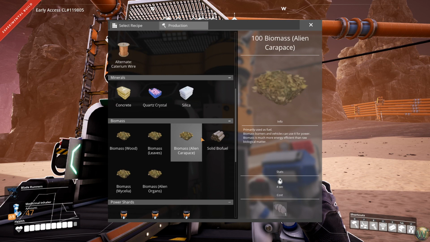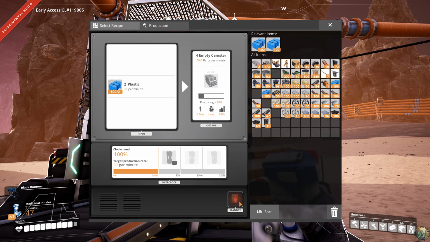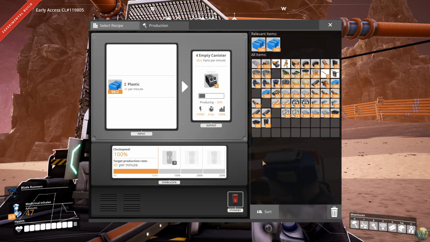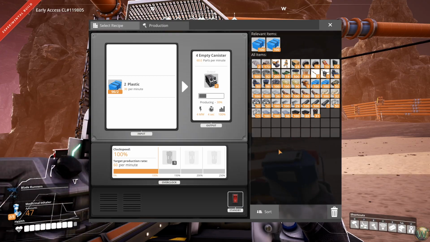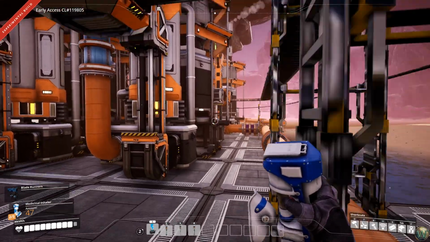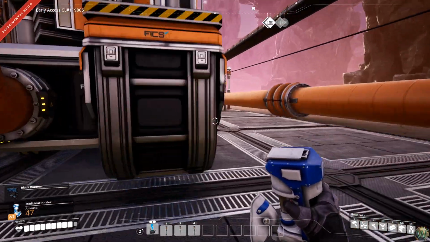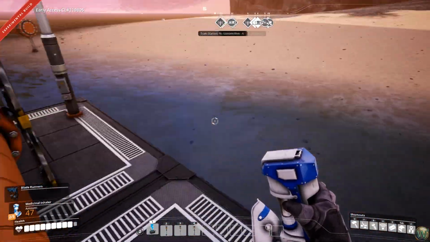And you can make plastic containers, empty canister thingies. Make me, what is that? 50? Oh, so this is only 150. I was thinking it was the opposite math. But that will at least get us started. I don't know if it'll get us finished or not, but at least get us started. And I see we have heavy oil residue coming in here too. We just need to deal with having a